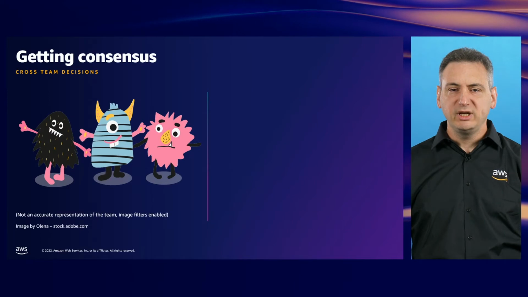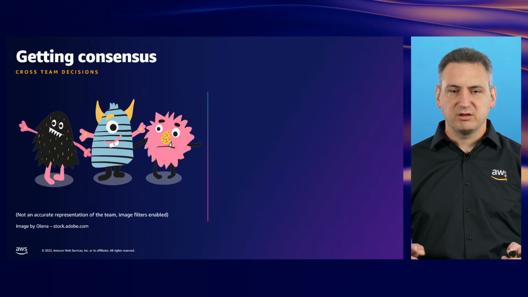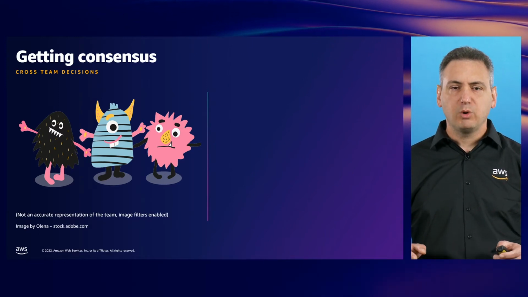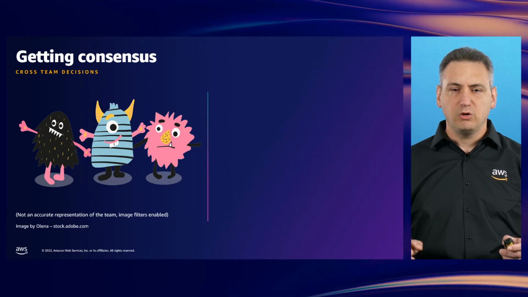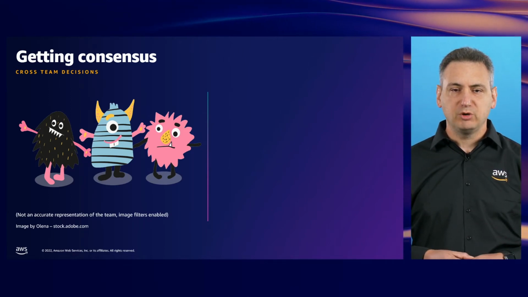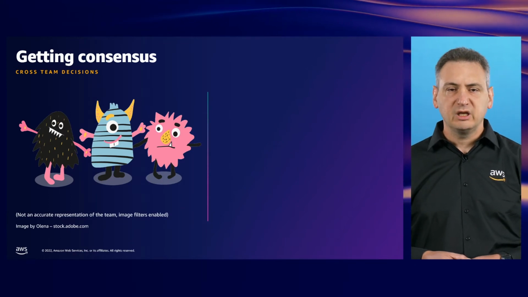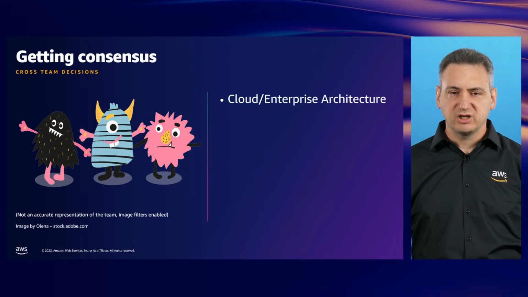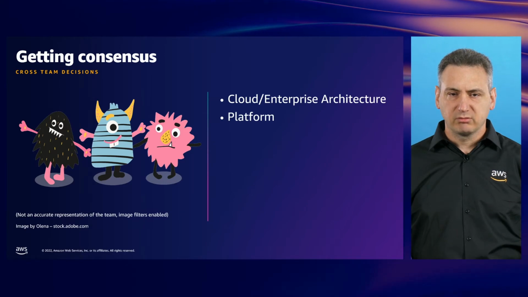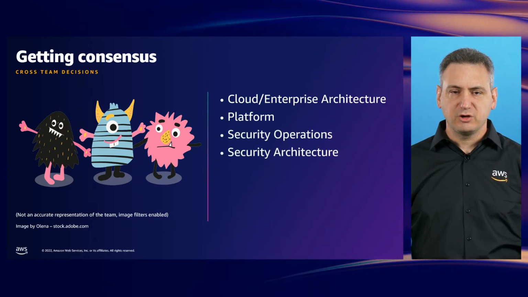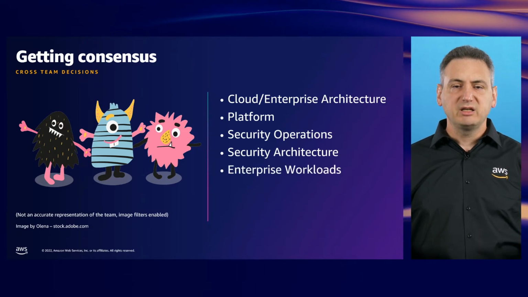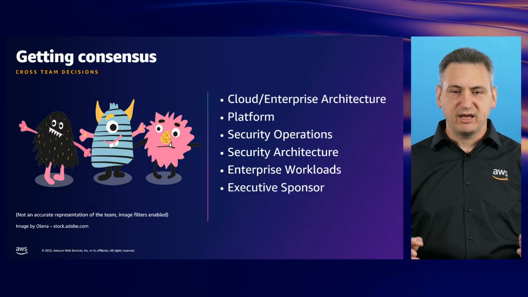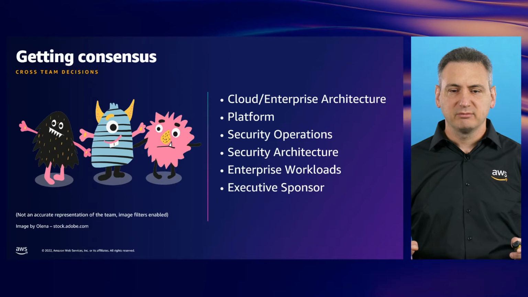So, who do we need to get consensus from with these bigger decisions? You may not have all the functions I mention here separated out, but what I want you to consider is who in your organisation will be affected by what you are building. Typically, I would include representatives of cloud or enterprise architecture, platform teams, security operations and security architecture, representatives of a couple of important workloads for the platform, a cloud platform executive or other executive project sponsor, and